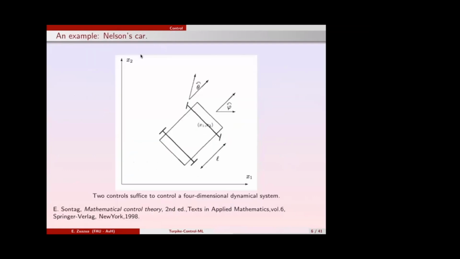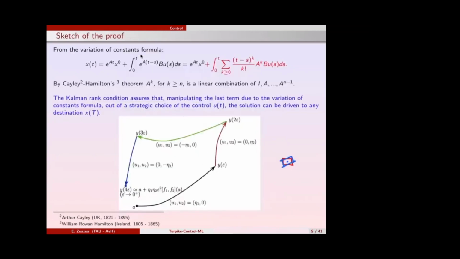Something that in principle, if you look at how you can operate a car, you could not do, because either you are standing at the same point and then you rotate the wheels, but this produces no motion on the car because there is no acceleration, or you accelerate and then you are moving the center of gravity. Despite this, the combination of forward, left, backward, right, or if you want, backward, right, forward, left, allows you to produce this kind of rotation on the car.